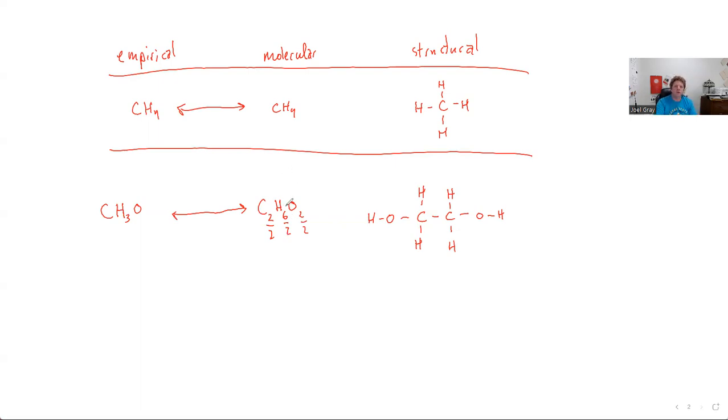So I'm going to expect you to be able to convert between structural and molecular, and empirical, but I'm not going to expect you to go from, say, a molecular formula to a structural formula. So be able to know what these different formulas are and how you can use them to learn something about